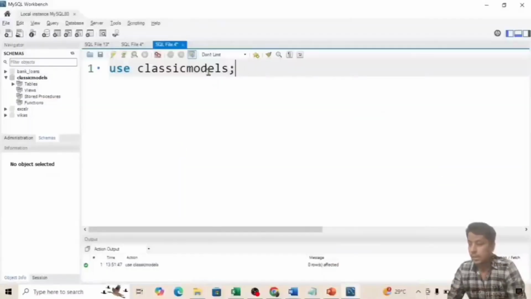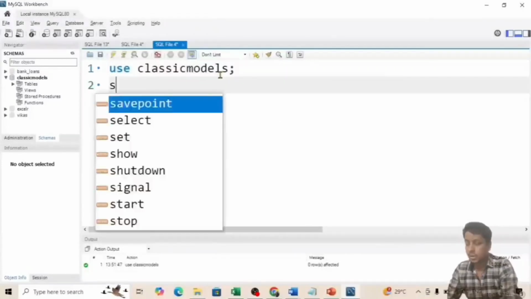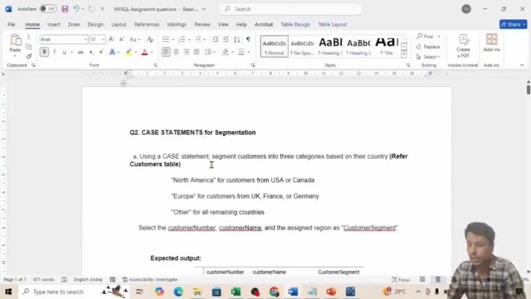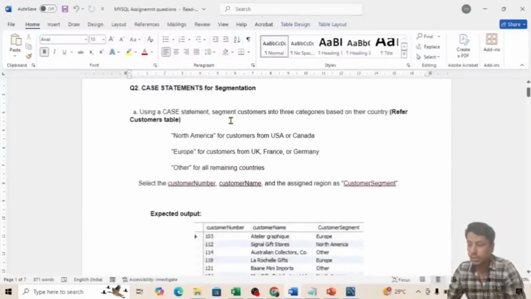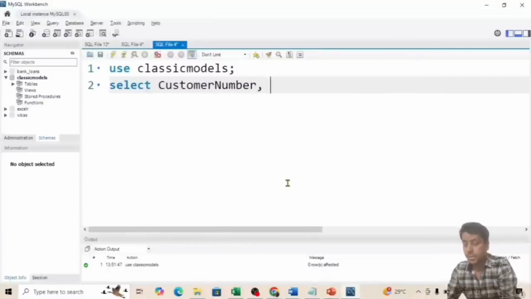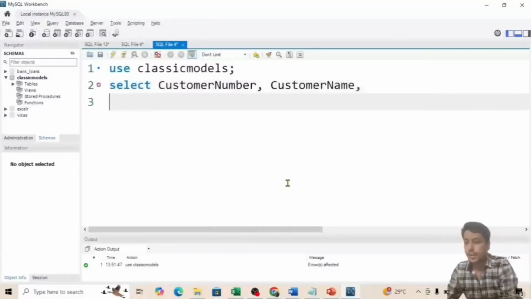So this is my SQL query editor. I have used classic model. Now I will type select, what were the table column names? Select the customer number and customer name, right?